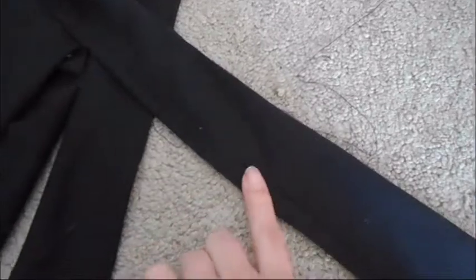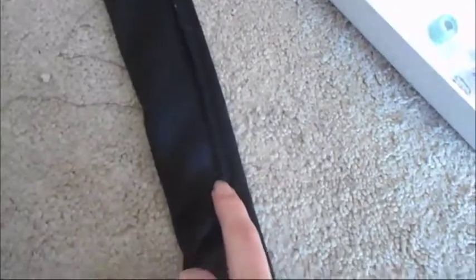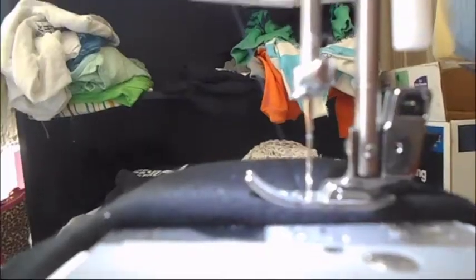So I kind of messed these up because on this sleeve I sewed it from this side facing up and forgot that's the top. So the lime green bobbin I have is showing through, but I think I'm just gonna leave it honestly because I don't know what looks worse, like the green or this. I think this will look weirder than that, so yeah, I'm gonna